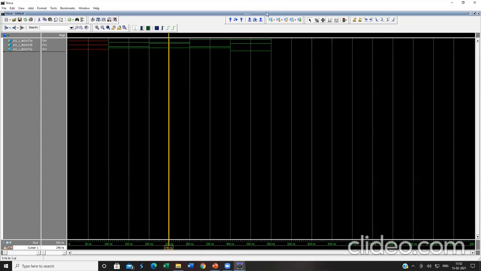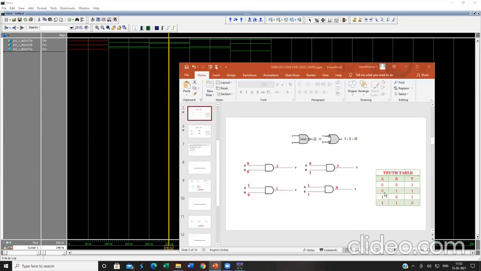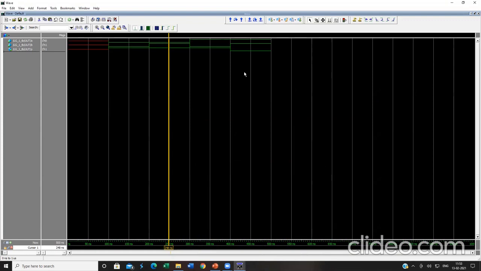Here the input is 0 and 1, output is 1. So the positive logic NAND version has been functionally verified. That is, it is exactly correlating with my truth table. So now let's close this simulation window over here.